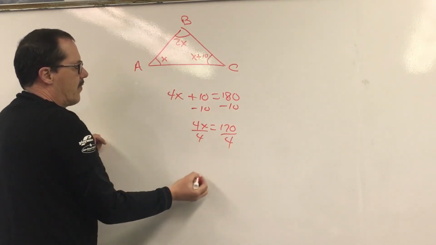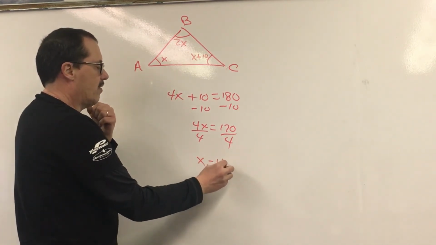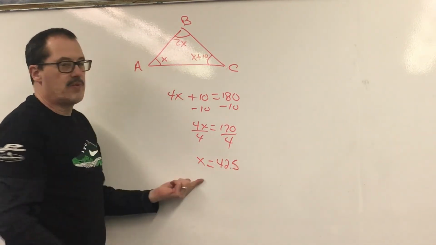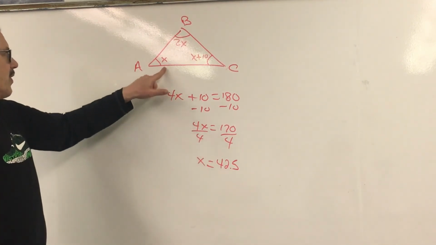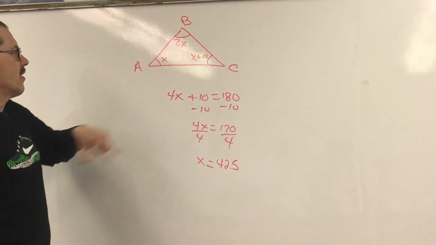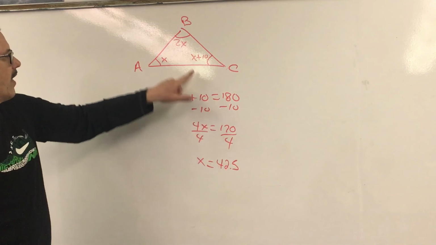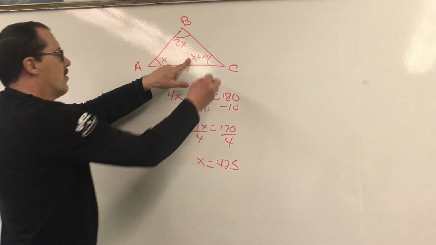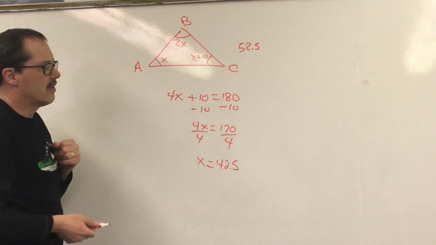Divide both sides by 4, and you're going to get, I believe, 42.5. You guys with calculators need to check that on me. So you would take this number, and you would place it in each of these to find out how big each one was. So angle C would be 42.5 plus 10, so it would be 52.5, and so on around. Please look at the